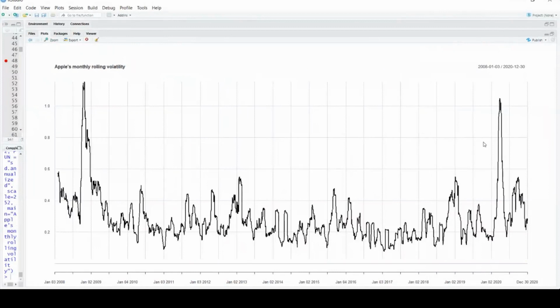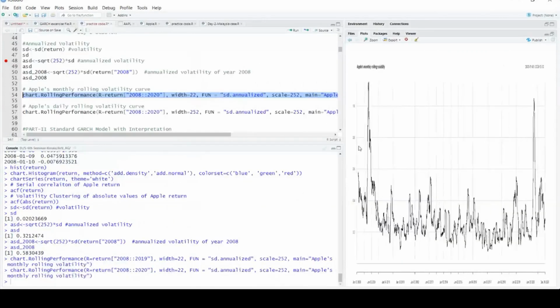Whatever series we had, the observations, the way they are behaving, then we are plotting the volatility. We can also find there is evidence of clustering. The high volatility is followed by the next high volatility, and the low level of volatility is followed by a low level of volatility. So this is the monthly plot. We can also have the daily plot. This will be a smoother curve.